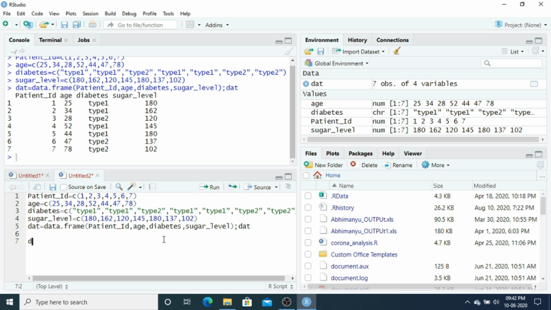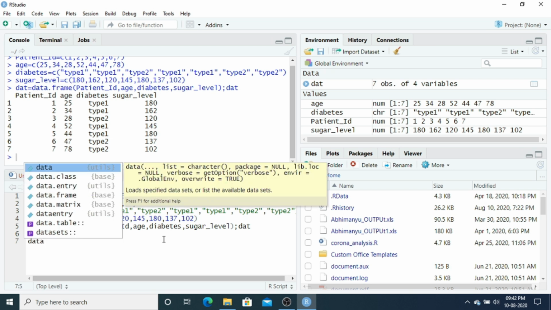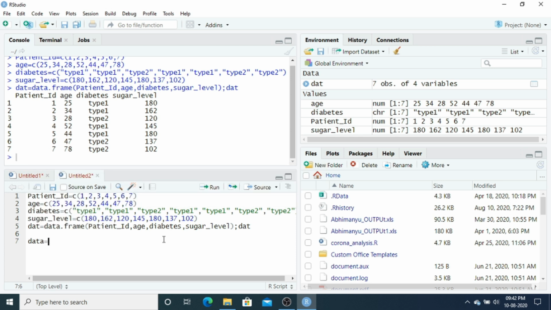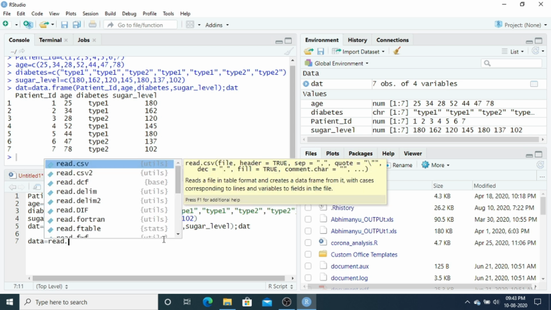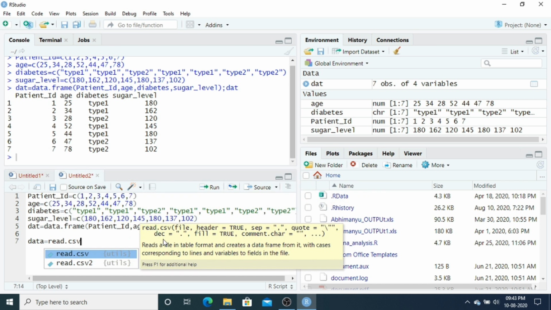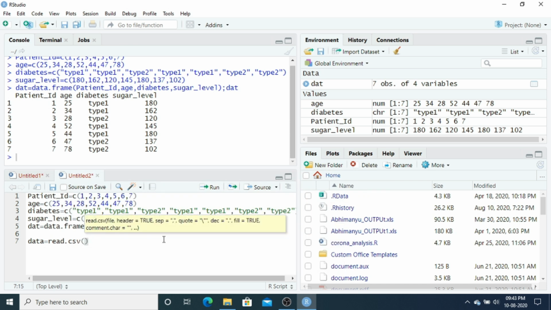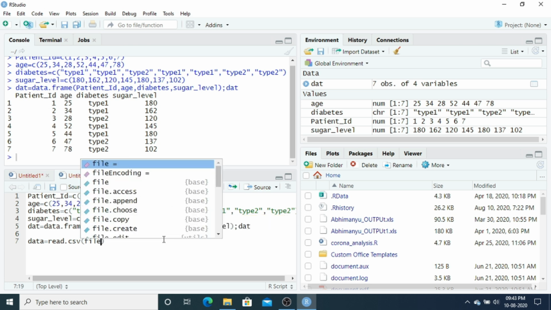Suppose I save the data under the name data, like read.csv, then you write file.choose,